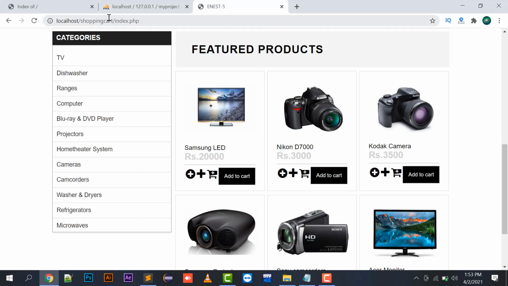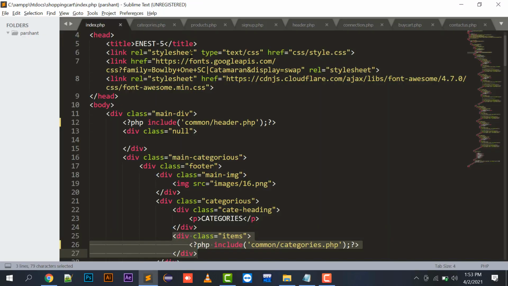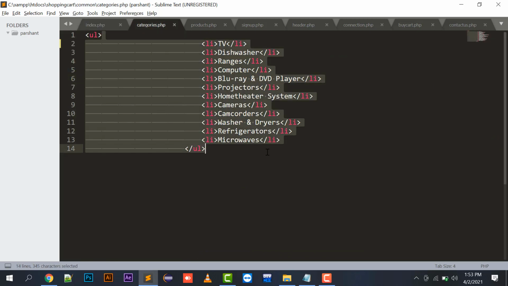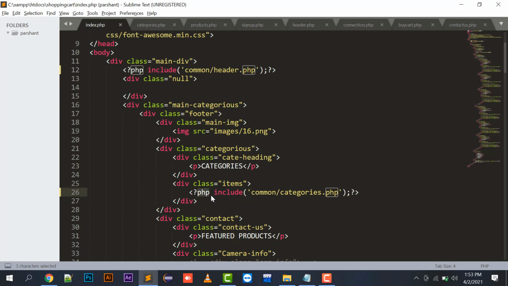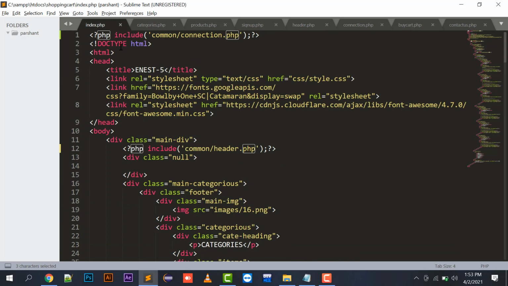So if I open this index.php file, automatically all the content of the categories.php file is included over here, right? I have included my common connection.php on the top of my index.php.